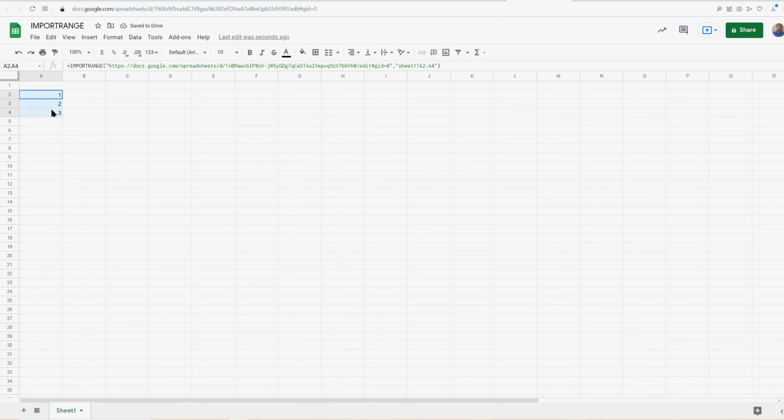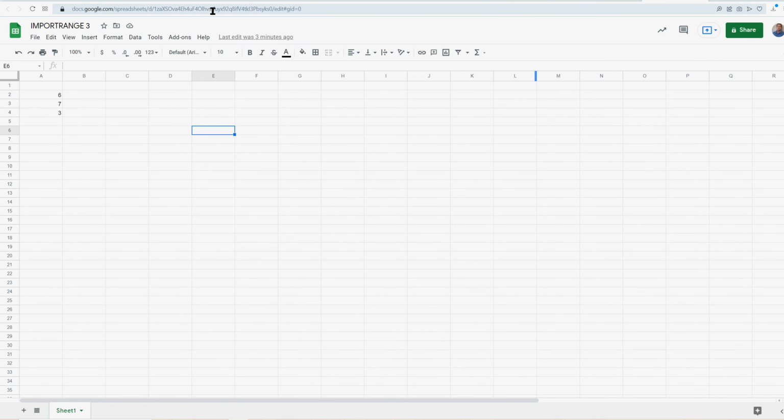So 1, 2, 3. Data updates pretty quick. If I update this to like 100, go over to the other workbook, there it's already updated. So let's say there's a range. Now I want to do a second range for workbook 3, so I can again highlight this whole thing, or you can highlight just this,